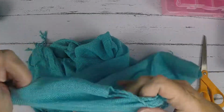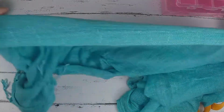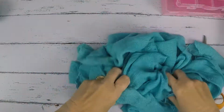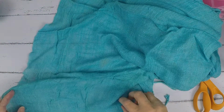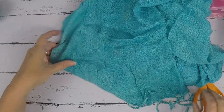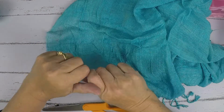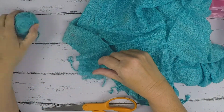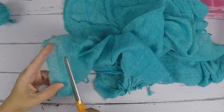And this is, like I said, this still is a scarf, okay? And I got this, I don't remember where, but it's been with me for many years, and I have not used it in many years. So it's lived its life in that way, and now it's going to live a life in a different way. So what I do literally is just take scissors. Now some of these you can rip apart. This one I cannot because of the weave. So I just literally go through and snip. Snip it all the way